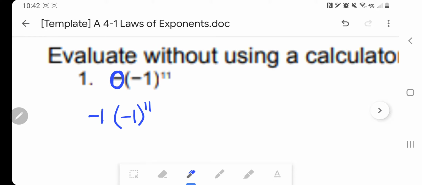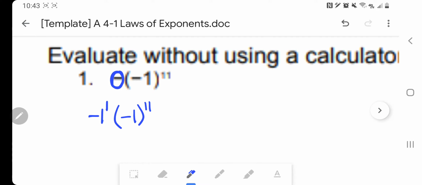Another fact that you need to know to completely understand this problem is that there is an invisible exponent on the negative 1, which is 1. And that's true for any number. Let's say you have a 5. It has an invisible exponent of 1. And it really doesn't affect the number itself. It doesn't affect 5 in any way because it's just 1. But a good thing to know is that it's always there in an imaginary way. So for this problem, we do care that there's an invisible 1